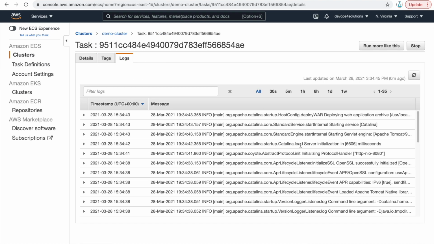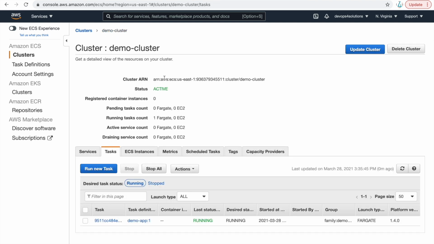Okay, and you will be getting charged for the task when it is running. You will not get charged if my cluster is there. It's okay to create a cluster. Until it is running, there are no charges. Okay, so this is how you can see all the definitions, all the tasks and the logs, all the details.